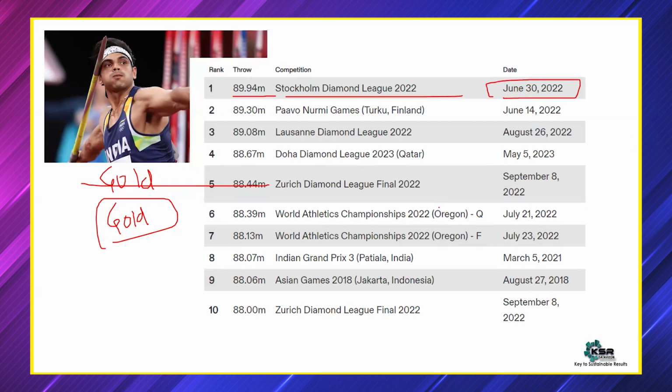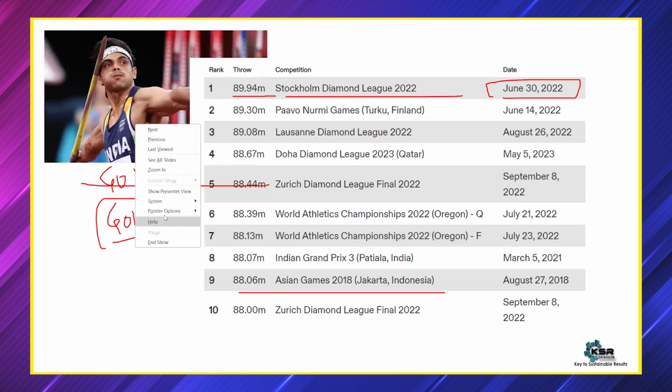His best throw prior to the Olympics, maybe somewhere in the Asian Games also, he had 88.06 in 2018. See, we only know this person. Why? Because we have seen him. It's a pictorial representation, but very rarely people will try to read what that information is about. His highest throw. How many of you know who is the trainer of this person?